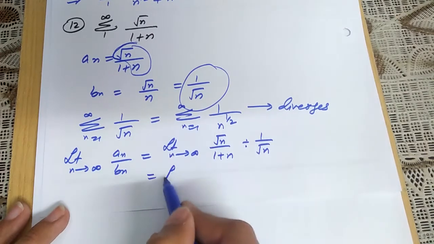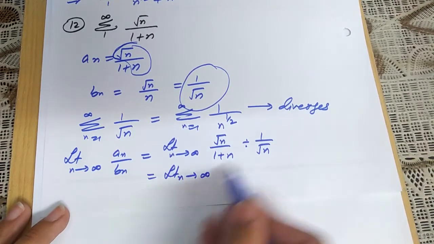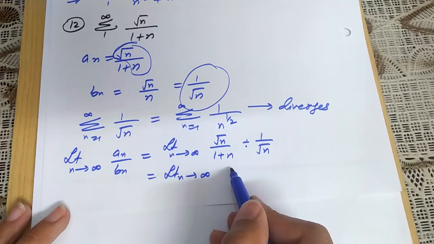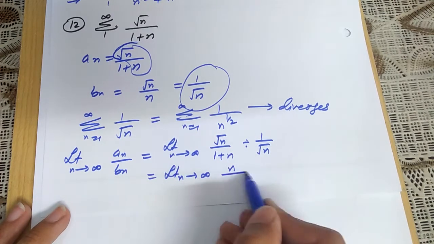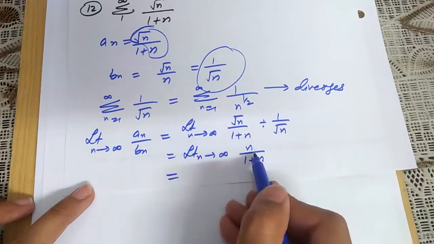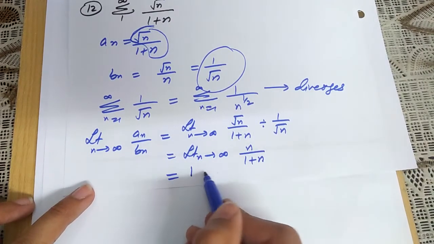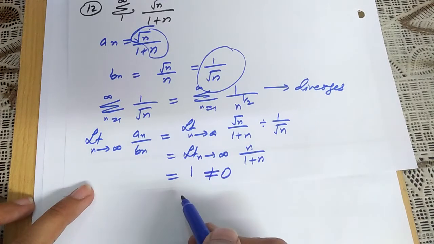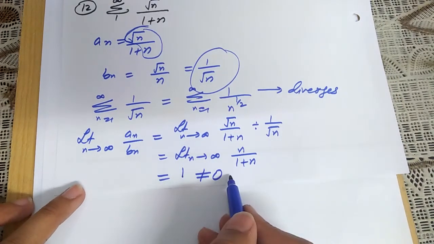This will be equal to the limit as n approaches infinity. This thing will become n over 1 plus n. And that is equal to, after applying the limit, 1. That is not equal to 0 in your limit comparison test,